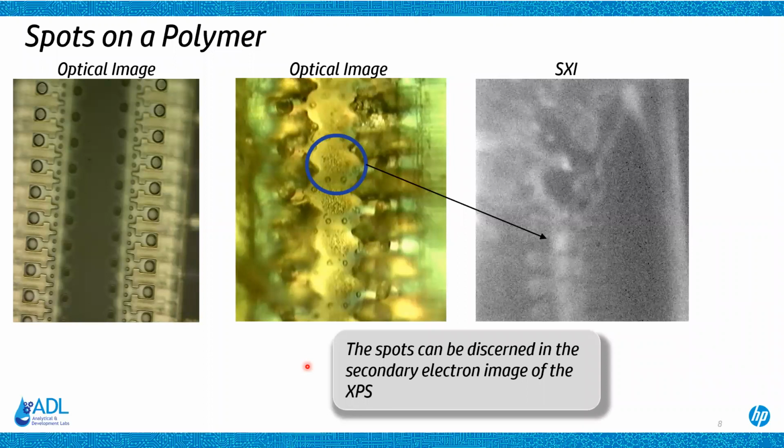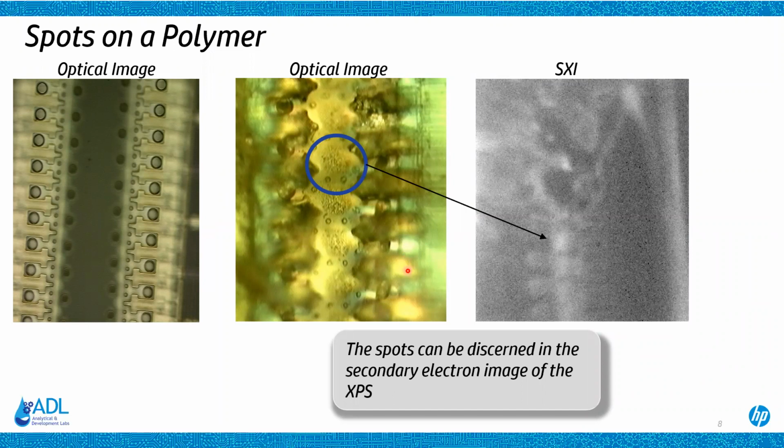This is an example of a polymer. This is an orifice plate on one of our products. And what they noticed was if you looked on the underside of this area right here, that there were spots, and they wanted to know what they were. And so we can take this sample